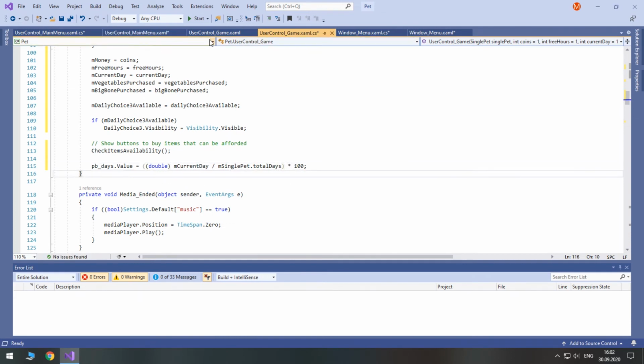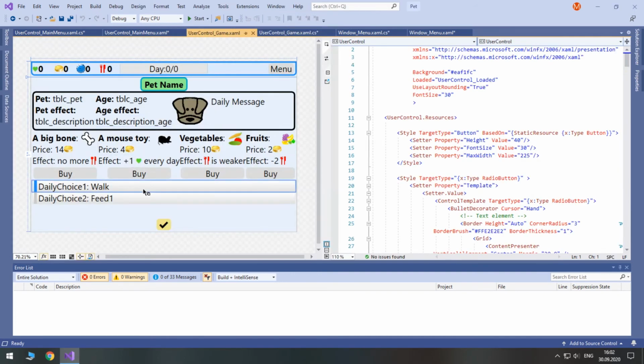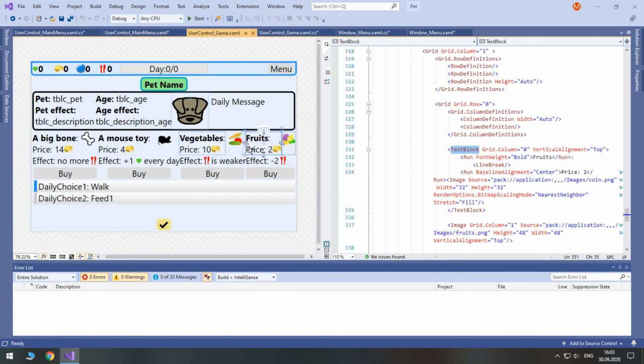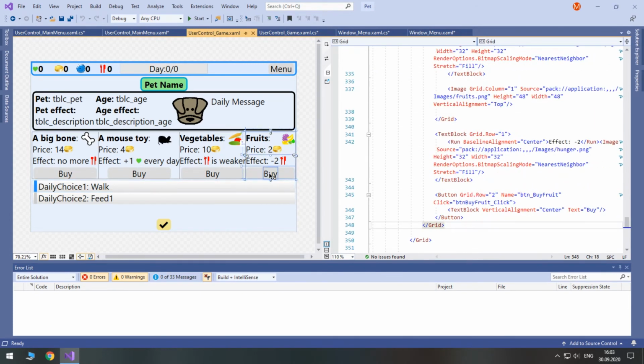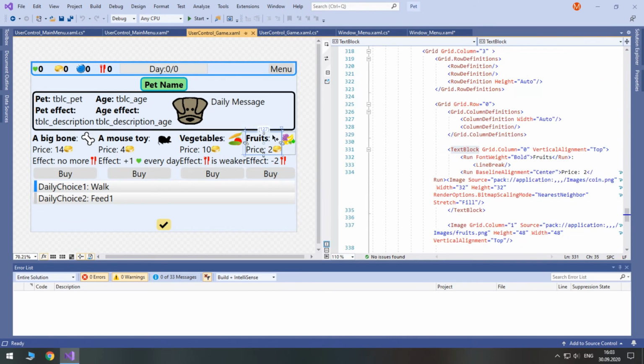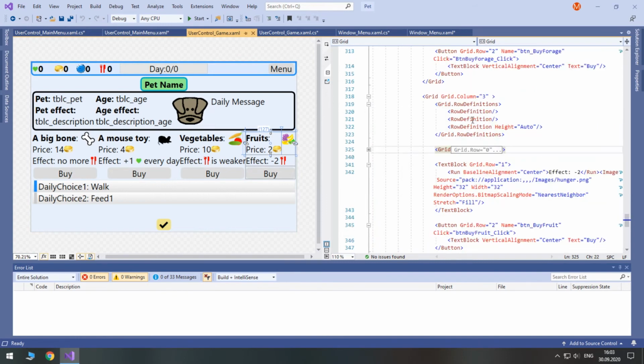Okay, good. Let's open our user control game.xaml. First of all, a design change. We will place fruits first, mouse toy second, vegetables third, and big ball the fourth. So fruits, wheat, we need the whole grid, or rather even this grid.